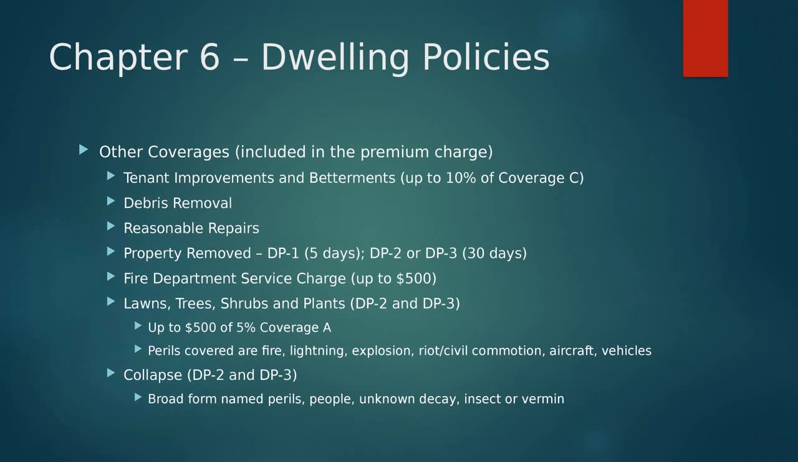You get tenant improvements and betterments for up to 10% of the coverage C limit. You automatically will get debris removal for any loss. So there is a cost to removing all of this stuff. Even if you've got a burnt down house, you've got all the ash, and sometimes as we see